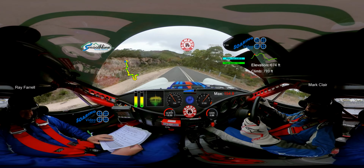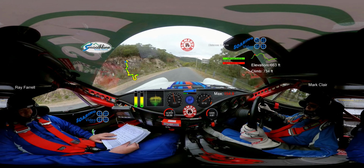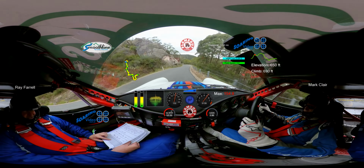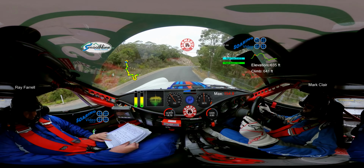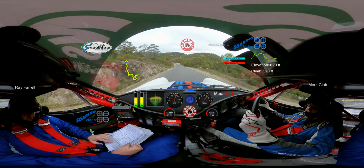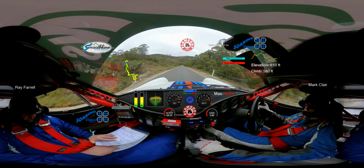7 right short, 70, 8 right short, a 9 left hug, 40, then 7 right, and a 9 left, hold it on, 70, then a flat left, 250, at the top you have an 8 right late, 50,